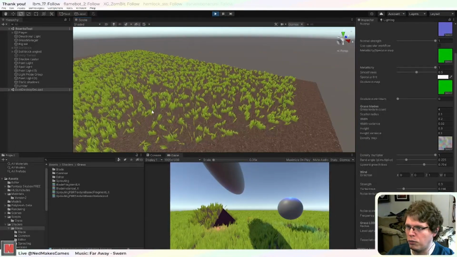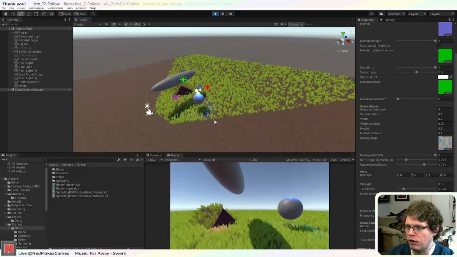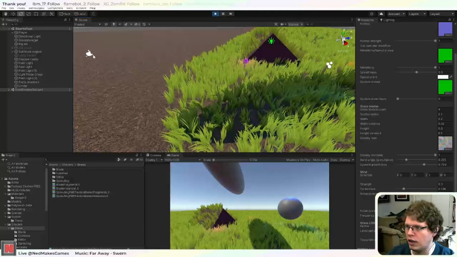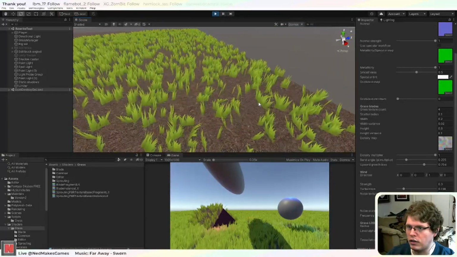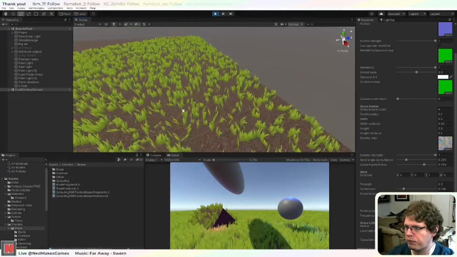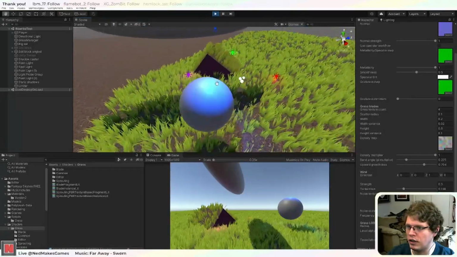And so we kind of want the number of vertices to be variable, because we want there to be more vertices at or near the camera than for grass blades at the back. So you can see these just have no curvature. But that's kind of difficult to tell, and